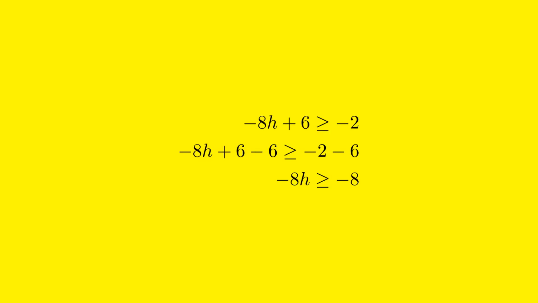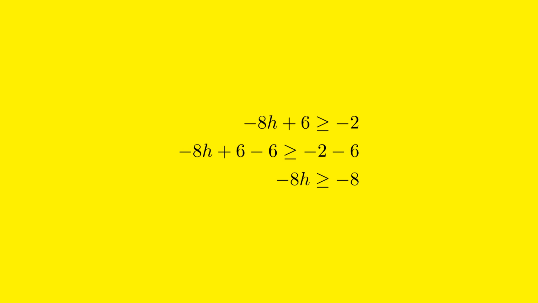To solve the inequality minus 8h plus 6 greater than or equal to minus 2, we need to start by isolating the variable h on one side of the inequality. First, we want to remove the constant term on the left side of the inequality. In this case, the constant term is 6. We do this by subtracting 6 from both sides of the inequality. Subtracting the same number from both sides of the inequality keeps the inequality balanced and doesn't change the relationship between